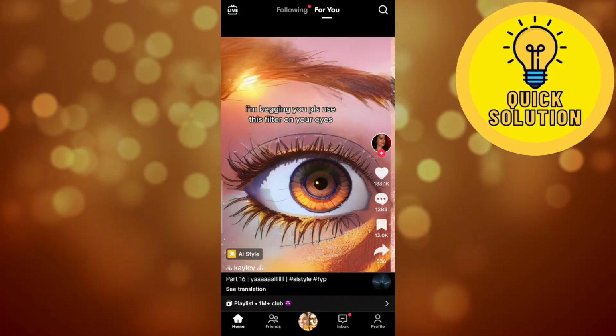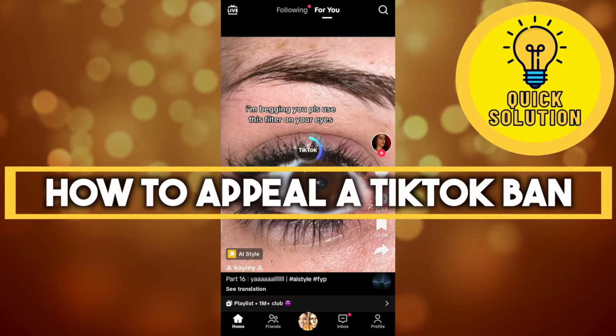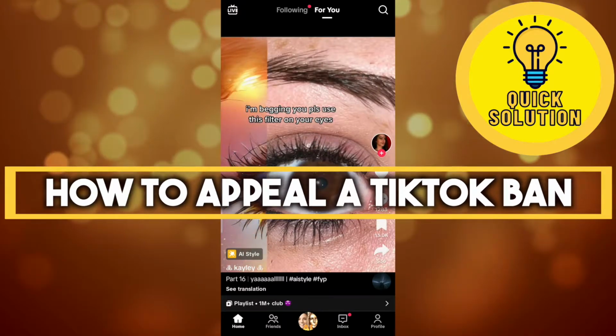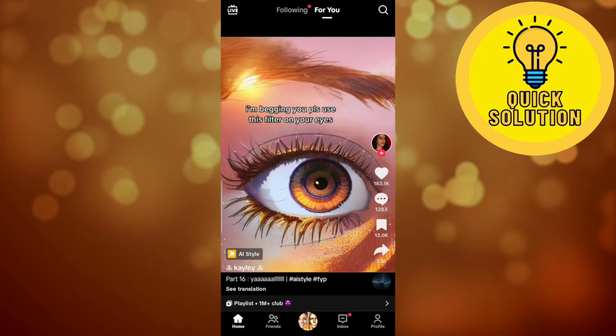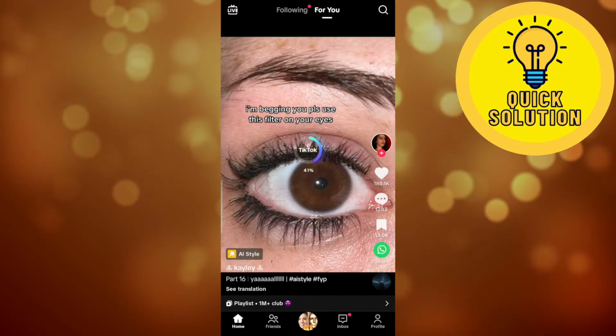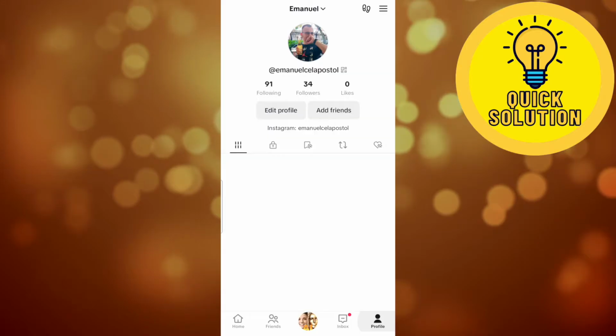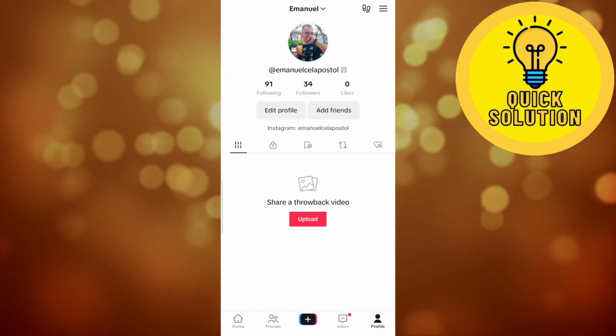Today I'm going to show you how you can appeal a TikTok ban. So the first thing you have to do is create a new TikTok account or log in to a new account that is active. Once you've done that, go to your profile in the bottom right corner and hit this